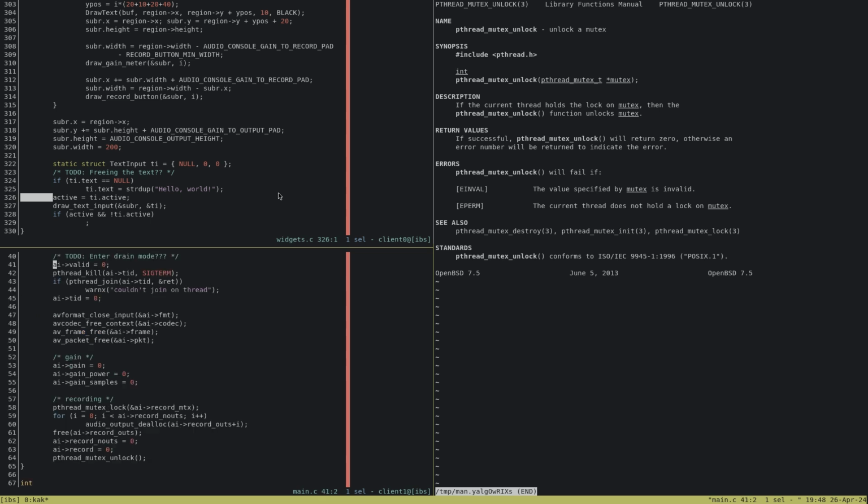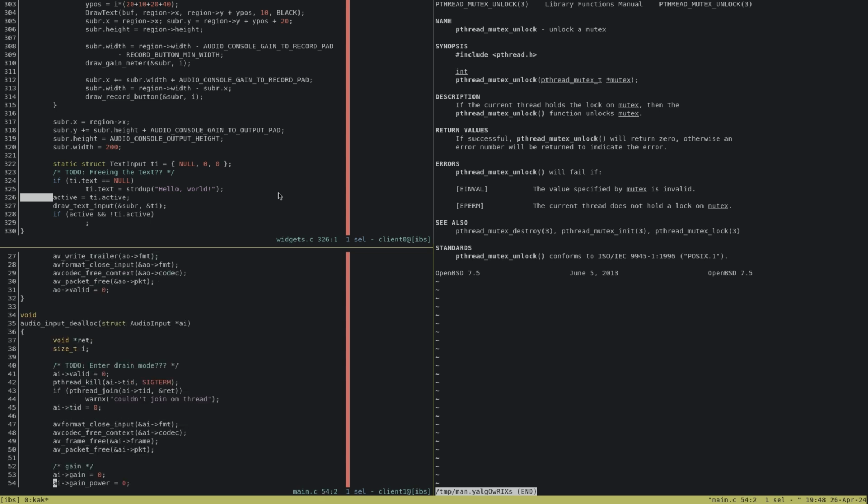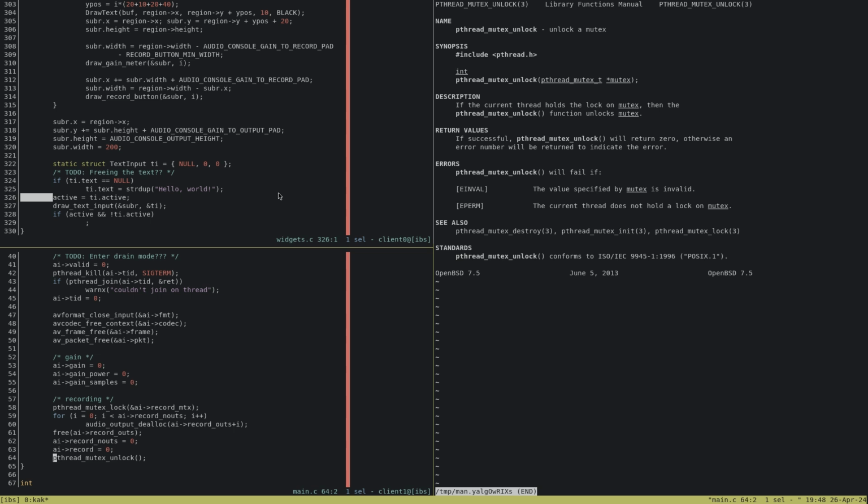We need to also make sure we kill the mutex. So this deallocates all of them. Ooh, this is dangerous. Now we have the same problem. Are we really going to have to acquire two mutexes just to get inside